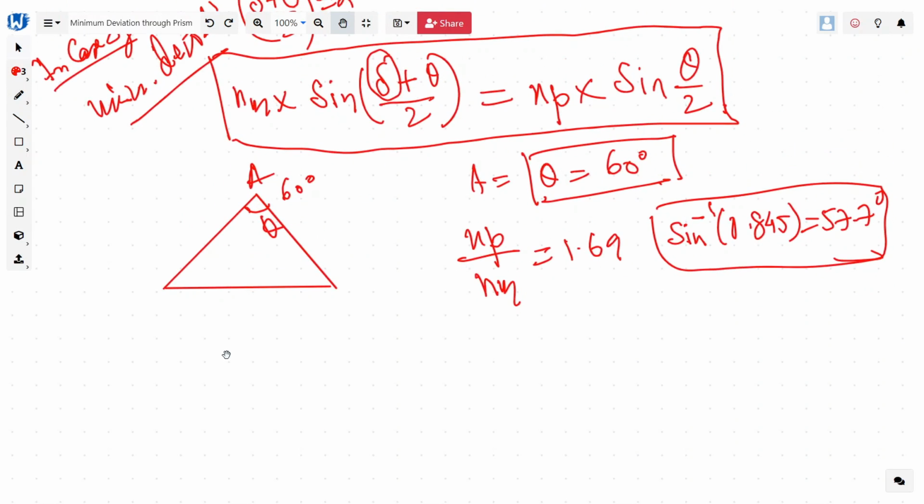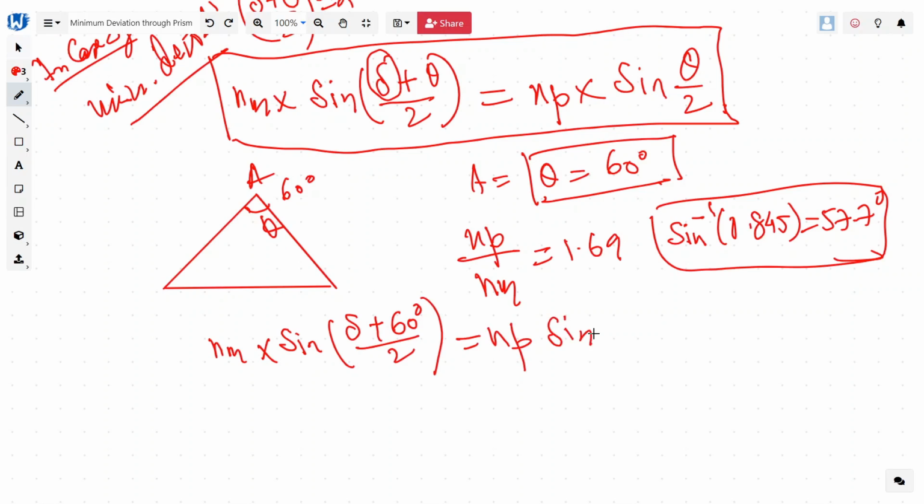Now Nm is the refractive index of the medium. We don't have the exact value, but we have a ratio. So Nm into sine delta is what we want to find out. Theta is 60 degrees, so it is going to be Np sine of 60 degrees by 2. Simply put, Np by Nm, so I'll take it on that side. So sine of